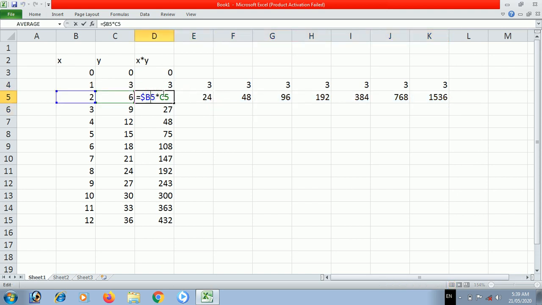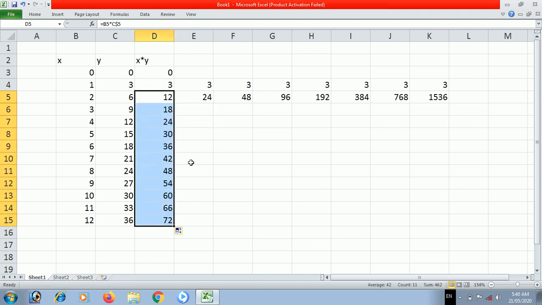And we can do that with this also, that C will get maintained, and that dollar in front of B will change. That 5 will be maintained constant. 5 will not change when we drag it. Now here C is constant, but B5 will change to B6, B7, and like this. That's it for the expressions.